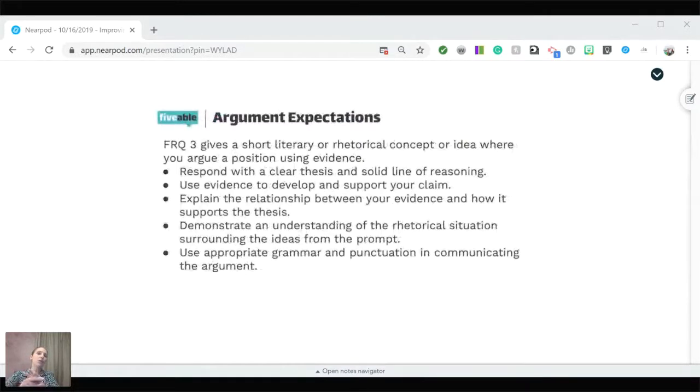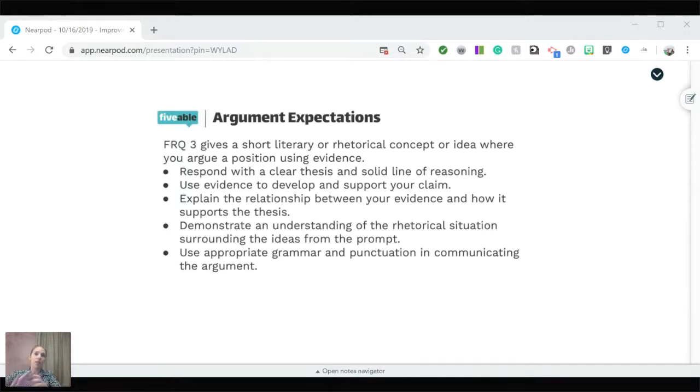So this is FRQ 3. My students tell me they do this one first and that it helps them in the long range. Some of my students say that they do this one first. And if that's your technique, that's your strategy, you'll know as you've gone throughout the course of the semester or the year and you've been practicing with these. So it gives you a short literary or rhetorical concept or an idea, and then you argue a position using that as evidence and using some other